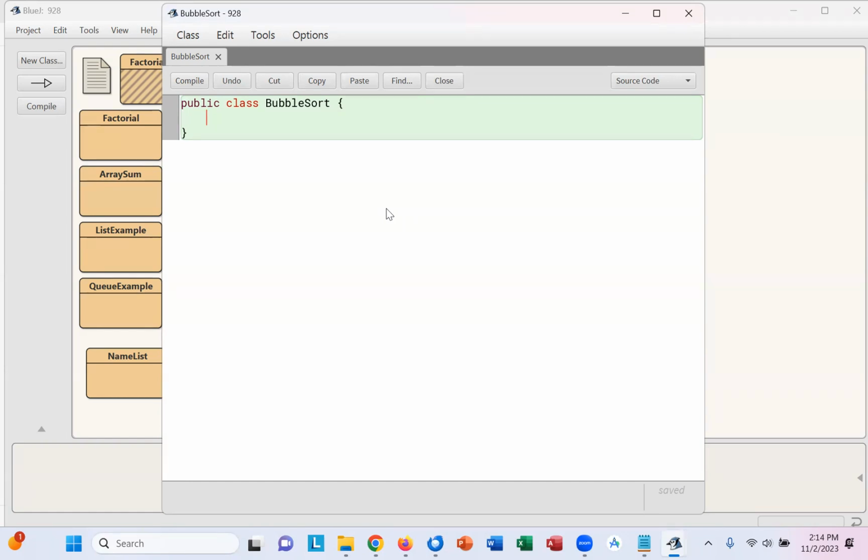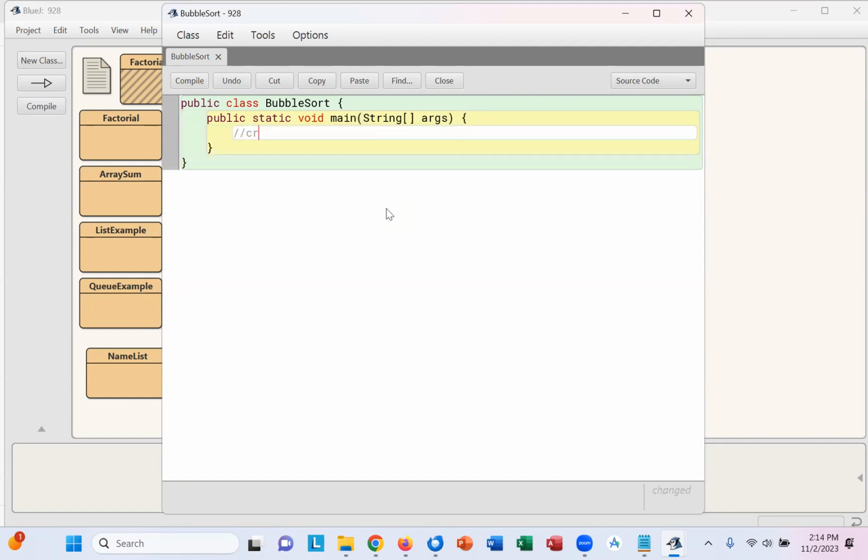So within our public class BubbleSort, we're going to have to create a method. And then within that method,